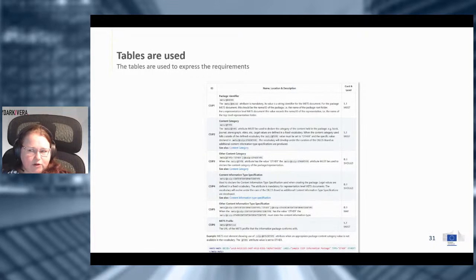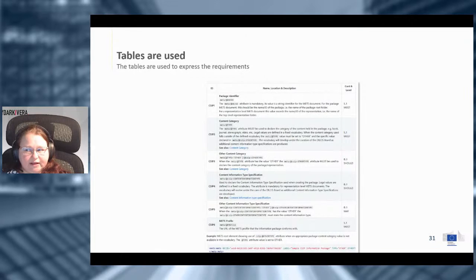Since, as I said, we are currently using XML, it's possible, with the help of writing XML as readable text, to show where we are actually finding the element. We give them a name, a more human readable name than object ID. What the heck is that? So the package identifier. And we also give a description of the element.